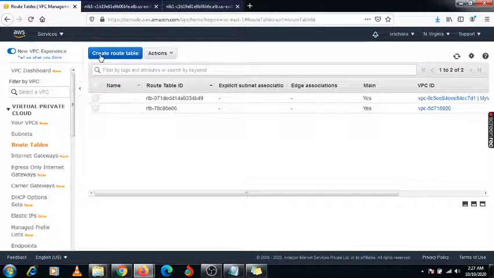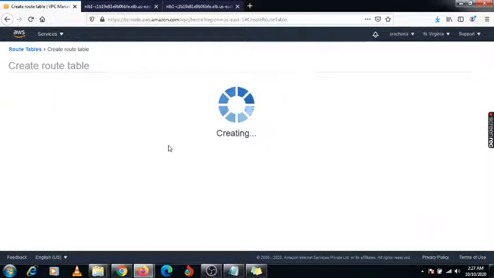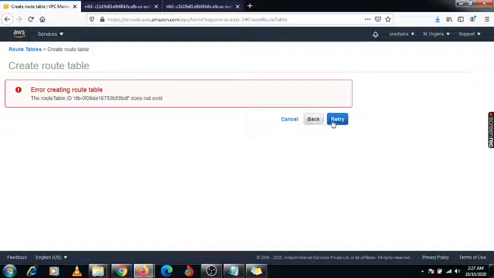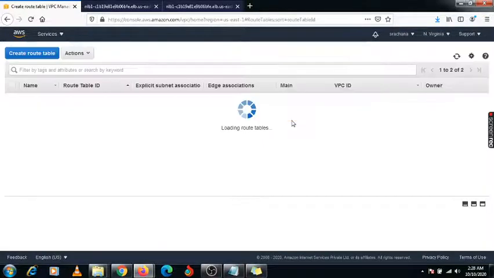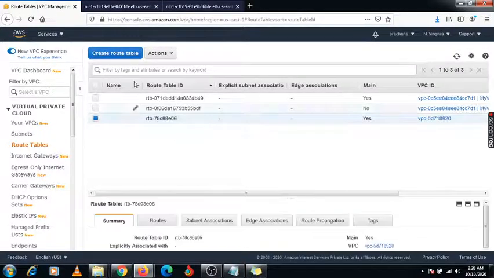Just create a route table having the name my VPC1 route, attaching the same VPC. Okay, it is saying the route table ID does not exist. Okay, one minute. Cancel it. I am going to remove it first. No issue.